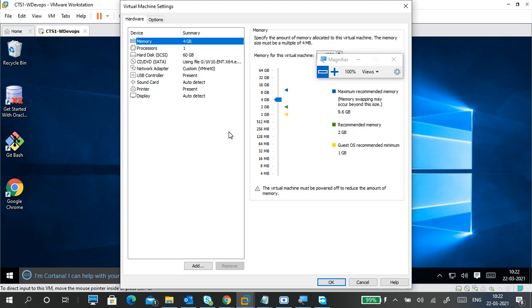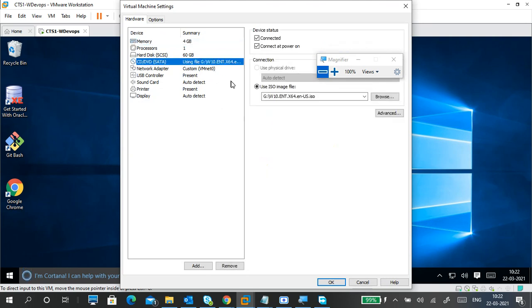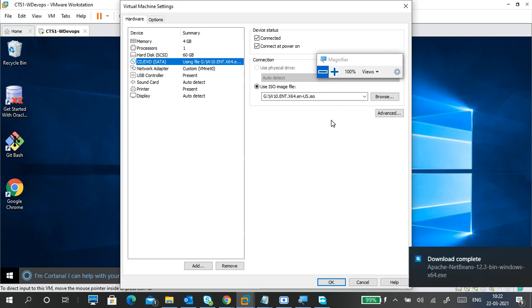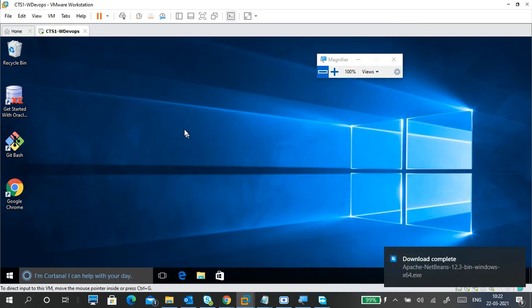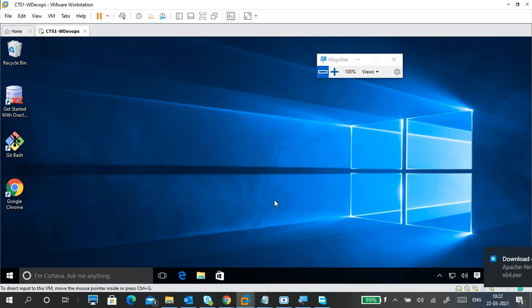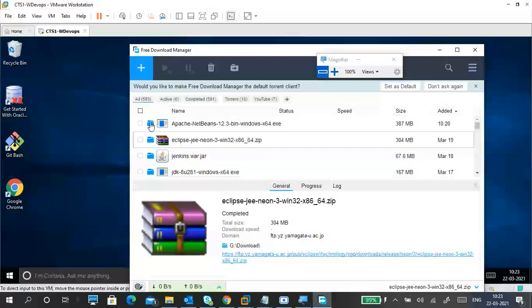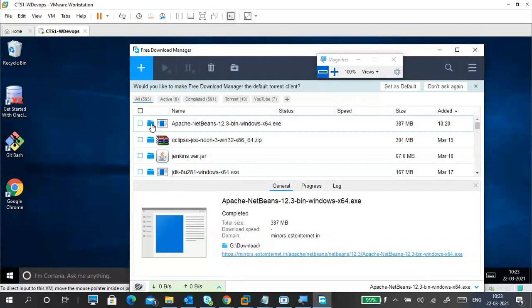How to convert: we have to use tools to convert it, and how to add the ISO image, browse it and add it. Okay, ISO image file. I will tell you other options also. But we got it downloaded, so we'll see where it is actually downloaded. Yeah, the download folder.